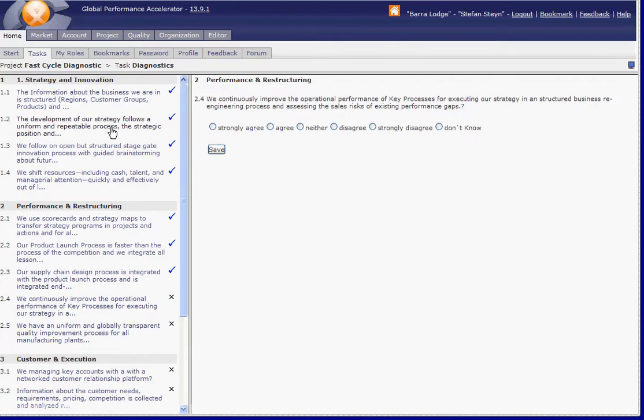For instance, this forum chair has already filled out the first questions, and now he is on 2.4, and so he can state his opinion about how good the company is in the performance and restructuring area. This is actually a very easy way to get a fast diagnostic of the whole process, and every other user should do the same.